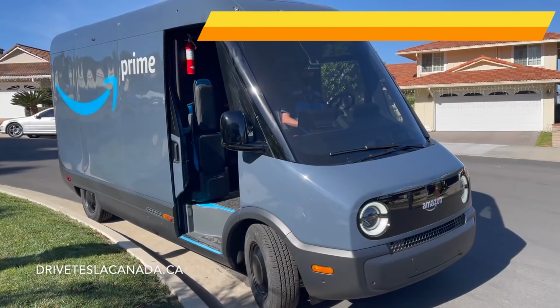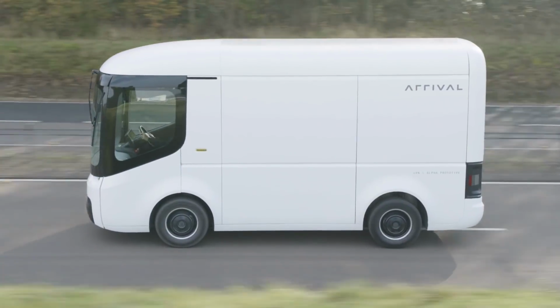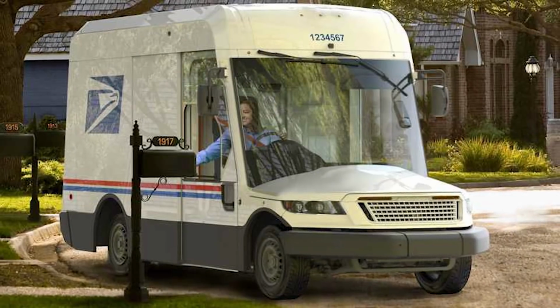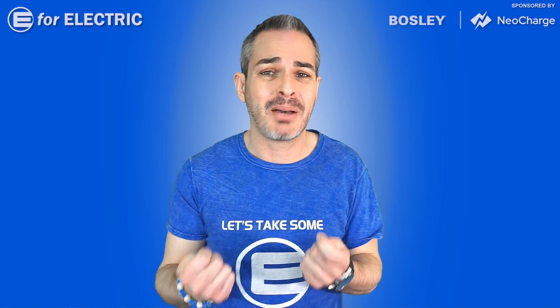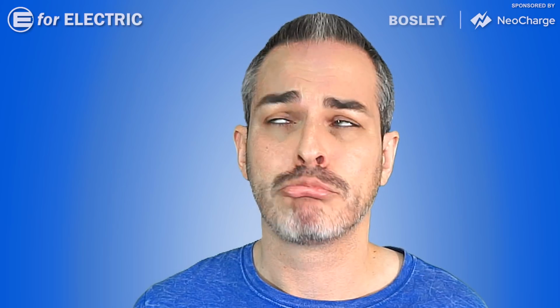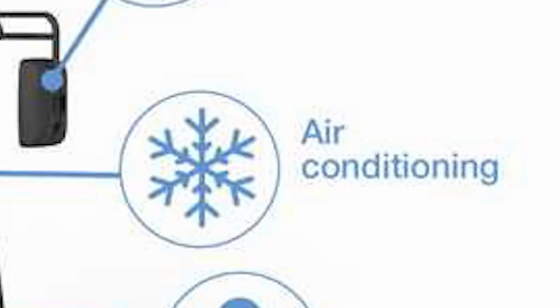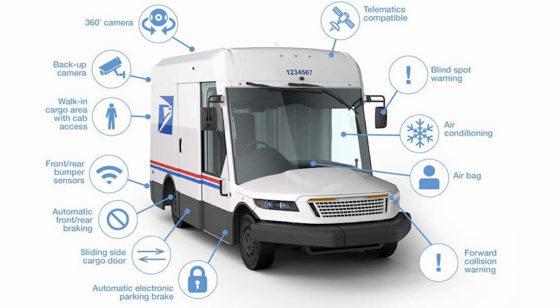because as we know, Rivian is delivering the trucks for Amazon, Arrival, and a few others for UPS, and GM for FedEx. Now, I'm not really sure if I'm crazy about the new design. Those trucks, to me, look like I feel when I get numbed by my dentist. And check out the cutting edge features like air conditioning and an airbag, though I'm not really sure if that's where it goes. That's where the cassette player goes, but the airbag goes into the steering wheel,